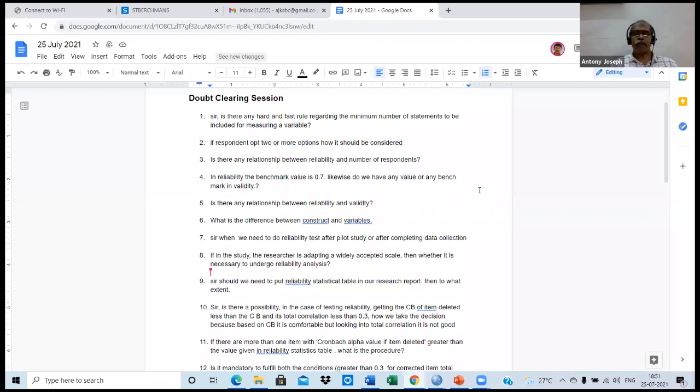Okay, should we need to put the reliability statistical table in our research report? Then to what extent? I have put the reliability statement in my research report in a chapter, research model. The method of presentation actually depends on the intention of the person who is conducting the research. If you are putting everything in your research report, not in a research paper, that is not at all possible.